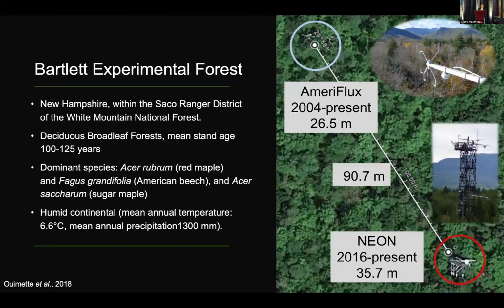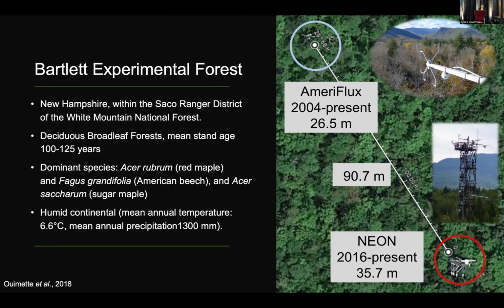Actually, there are 2 eddy covariance towers there. The AmeriFlux one was established in 2004 and runs until the present, and the NEON one started in 2016. The 2 towers are located 90 meters from each other, and the NEON one is about 10 meters higher than the AmeriFlux one. I think I have already talked to some of you that my current project is to compare